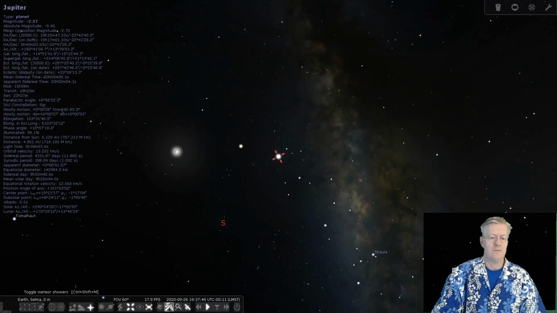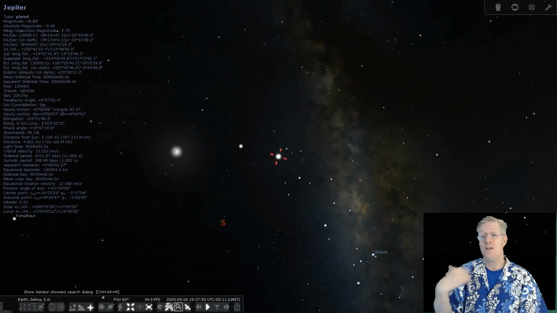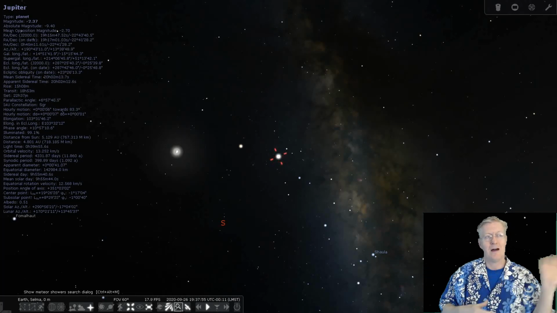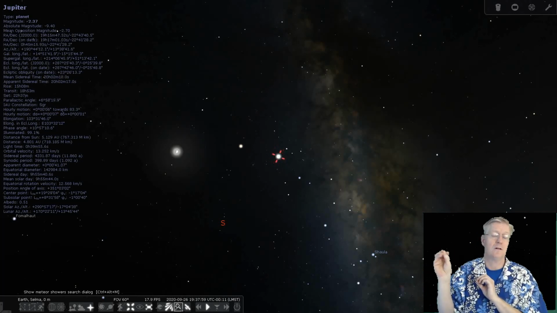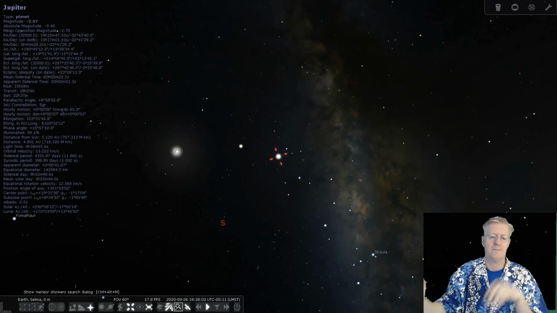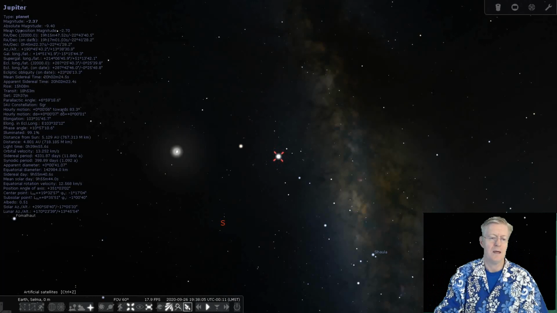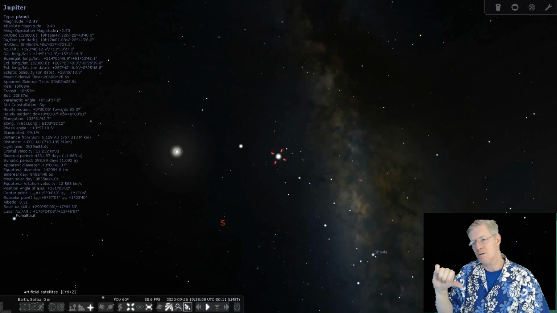We can toggle the meteor showers. And by the way, when you do that, and let's say you are doing this out there in the field, it will show you where to look, or where the meteor shower looks like it's coming from, which constellation it's coming from, which is pretty awesome. Artificial satellites on or off.